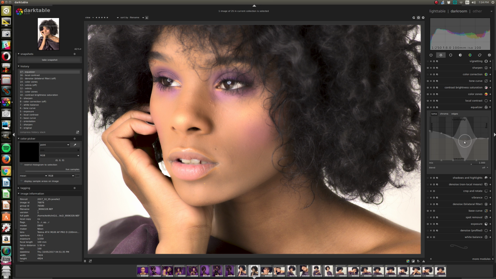So if we pull these down, we're effectively unsharpening just the range in the photo that relates to imperfections in the skin. And then if we pop that up, we're kind of doing